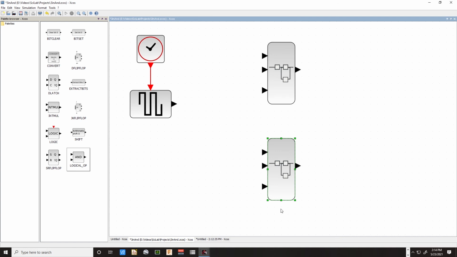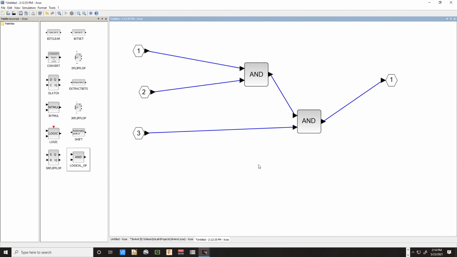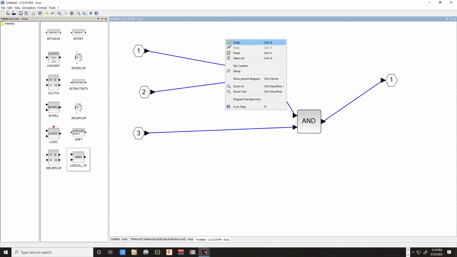One last thing is you can put labels next to things by double-clicking and then double-clicking the text and typing in some text that you want on the screen. It's very simple. That's how you put text on the screen. I don't think there's any way to name these. If there is, I will